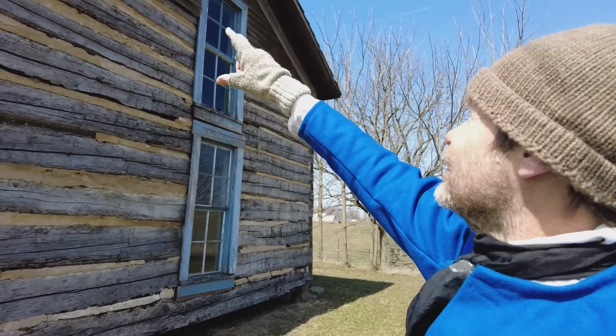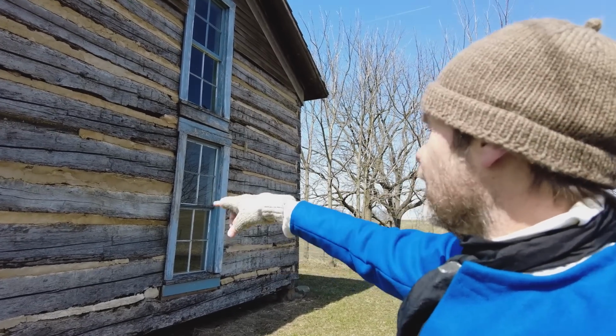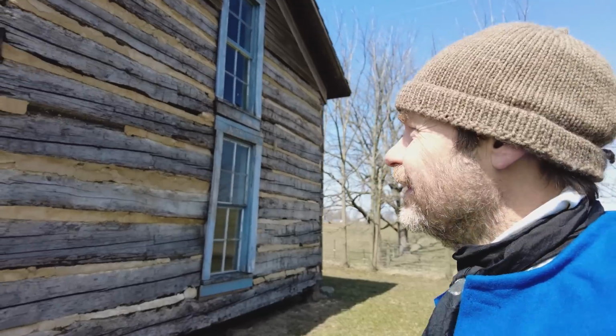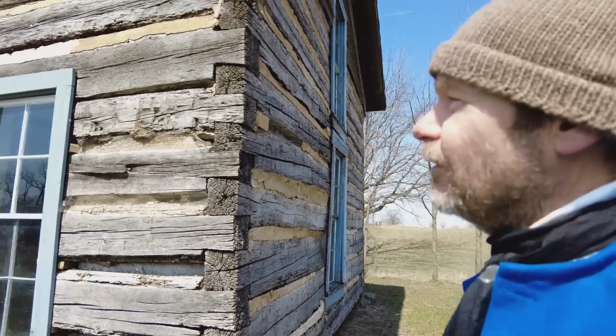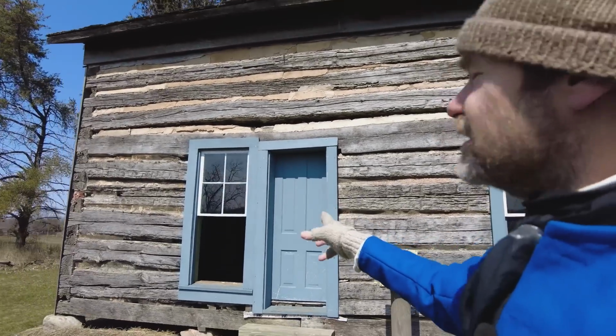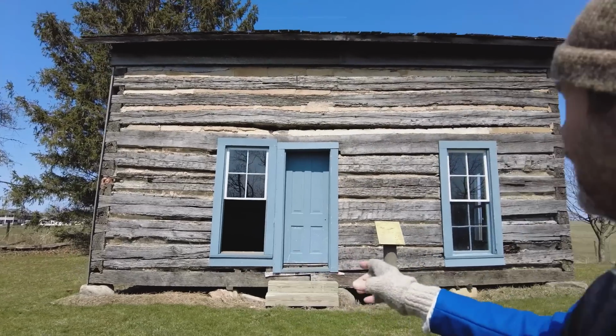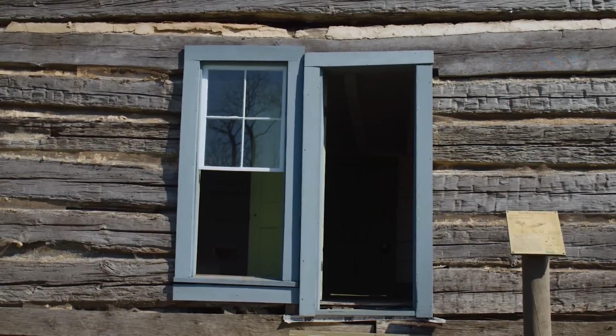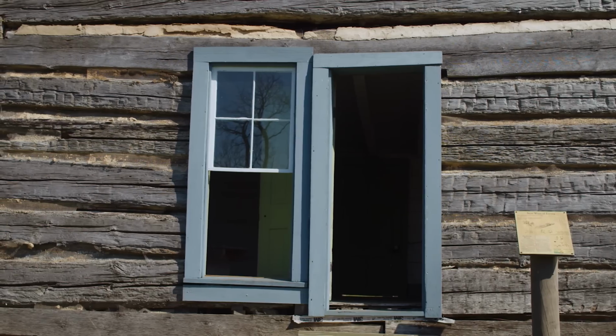There's only one log above the sill log at the bottom that stretches from one side to the other. That's got to really weaken that. And you can see here, this is a feature you do see in some cabins where the window and the door is together. You put the window and the door together so you don't have to break the logs up